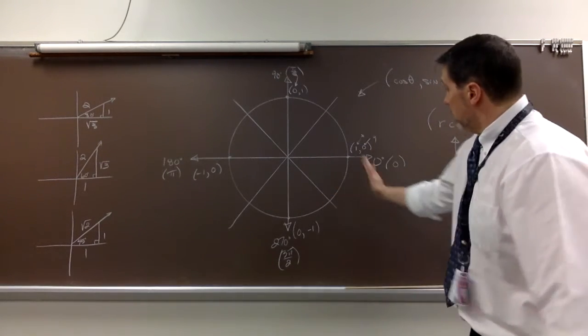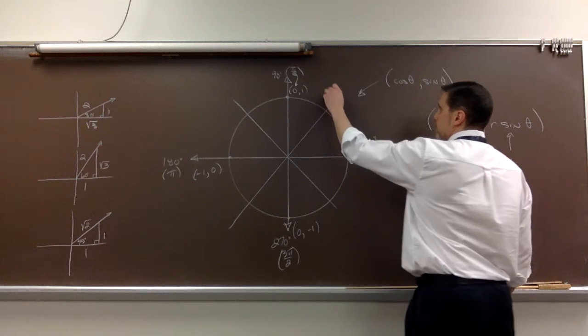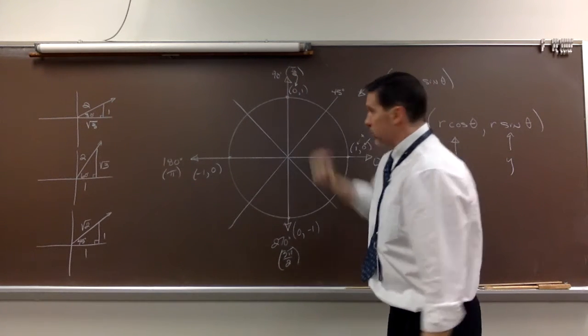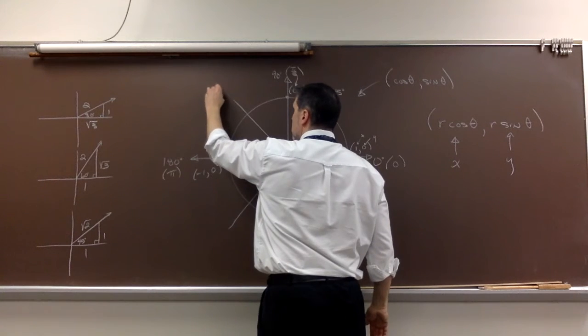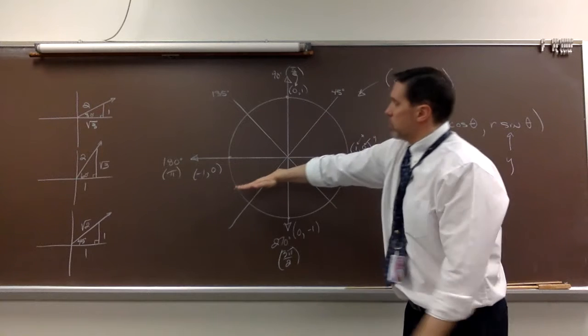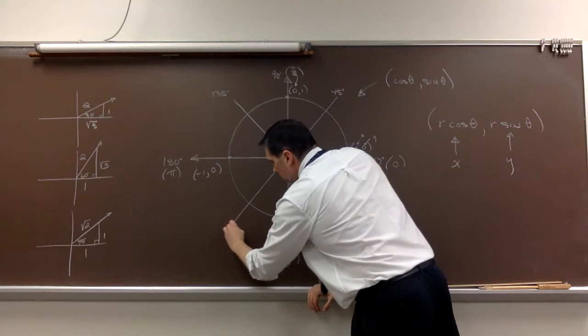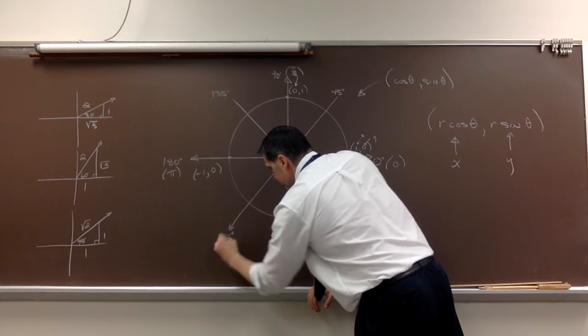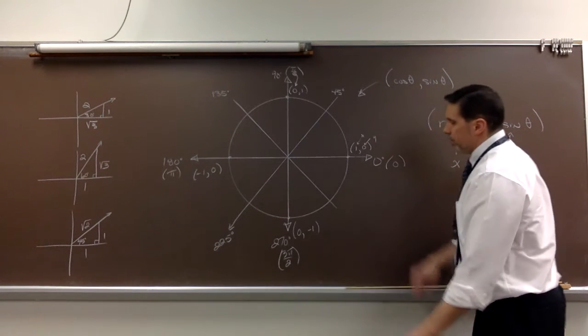Close enough. Now, when we count this out, that's going to be 45, plus 45 more is 90, plus 45 more is 135. 45 more puts us at 180. 45 more, we're looking at 225. 45 more at 270. 45 more at